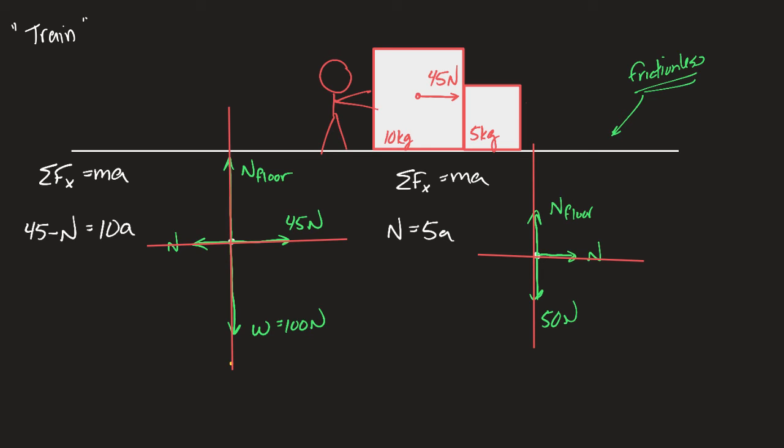Now, this is the multi-body problem. When you're done with the multi-body problem, you're going to have expressions that are going to have shared variables. The fact that the normal force acting on both boxes is of the same size means that it's a shared variable. It means that I could use it. I can do substitution here,